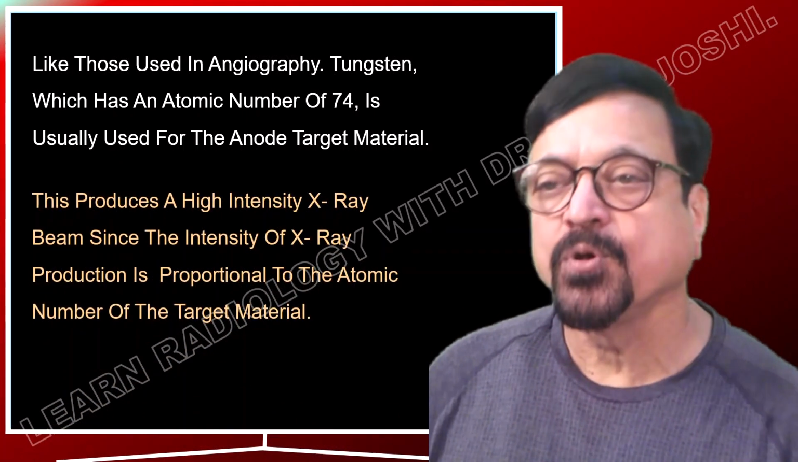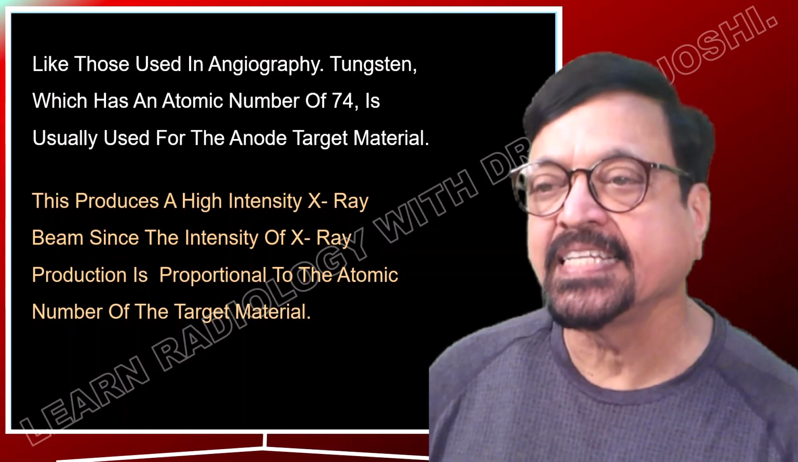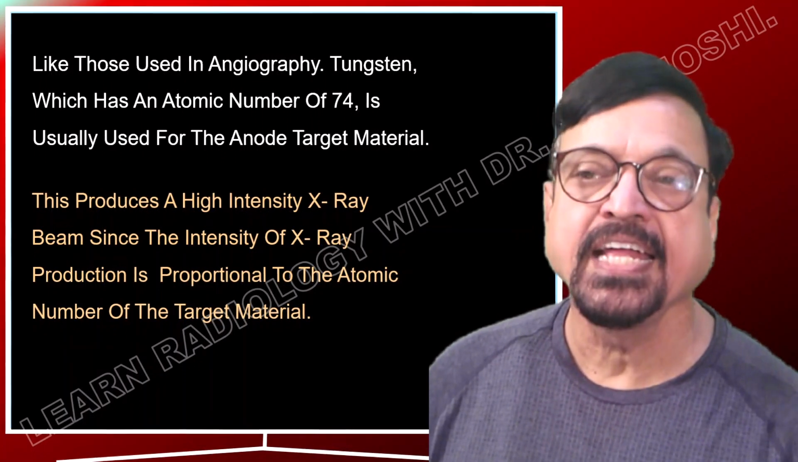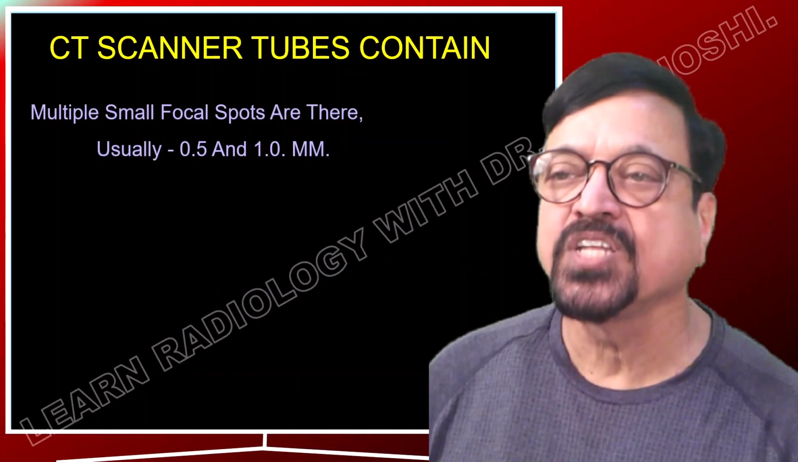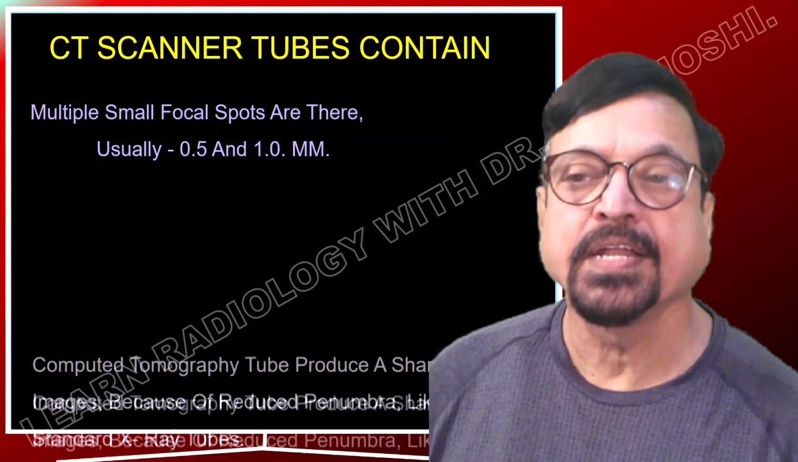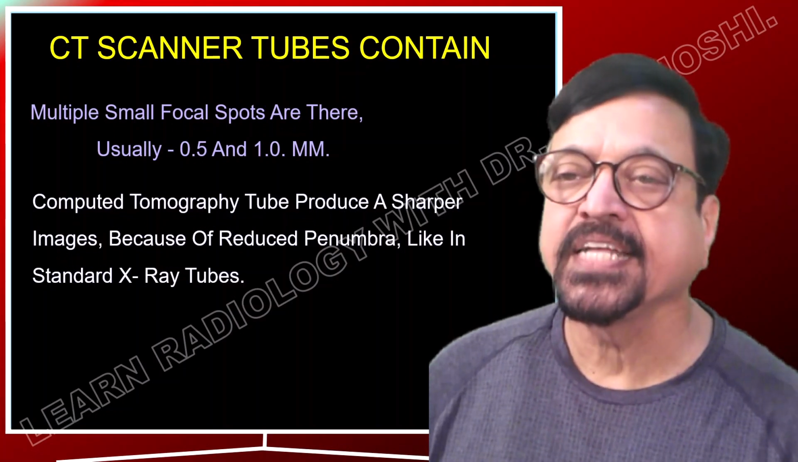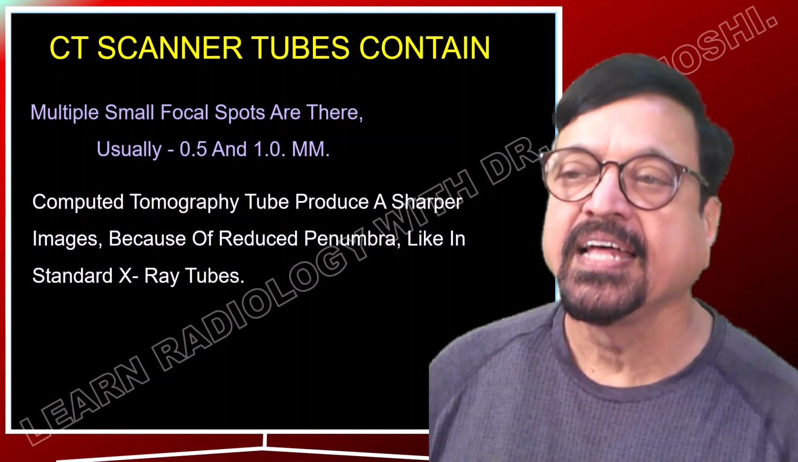This produces a high intensity X-ray beam, since the intensity of X-ray production is proportional to the atomic number of the target material. That's why tungsten is preferred. The multiple small focal spots in a CT tube are usually around 0.5 to 1 mm in size. The computed tomography tube produces a sharper image because of the reduced penumbra,